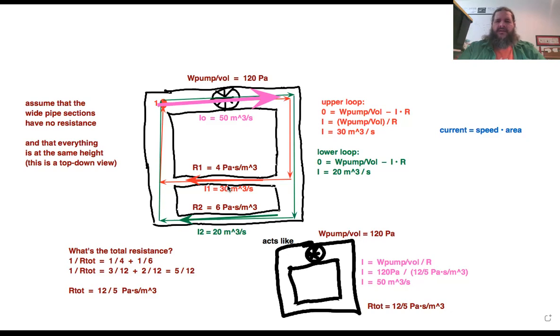And have you gone over the idea of power yet? Really briefly. One way to do that in this case, it might be actually useful to look at the units here. We know that the pump is providing 120 pascals of pressure. We also know the current. What is the current here? The current is 20 cubic meters per second. No, sorry, 50 cubic meters per second. So if we combine those,